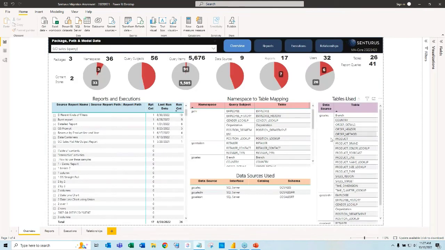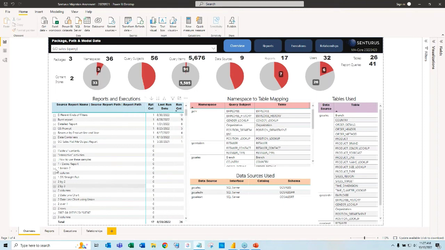So the next workbook that we talk about is getting down into more details for each of the migrations. And the first one was looking at reports and packages sort of independently with some execution counts. But now we start to get into the details. And this was where, in this particular overview, we can simply select any given package, and it's going to tell